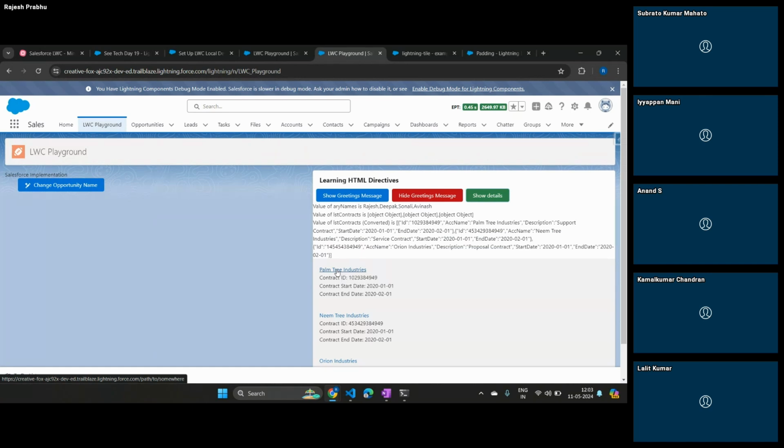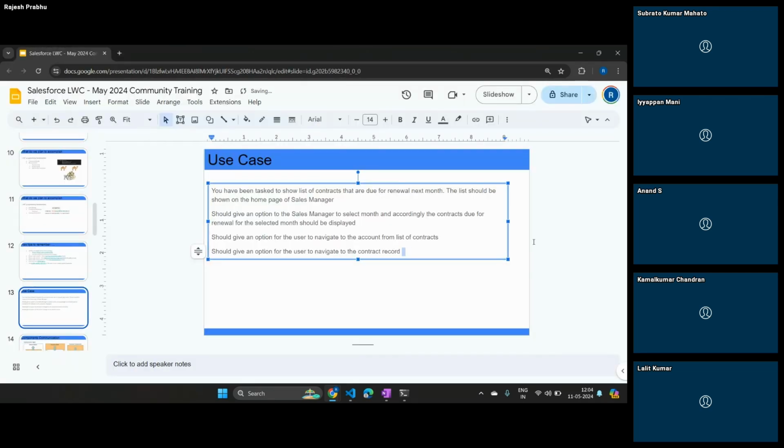Okay, and then you should also give an option for the user to navigate to the contract record. Give an option for the user to navigate to the contract record. Okay, ensure the contract ID is